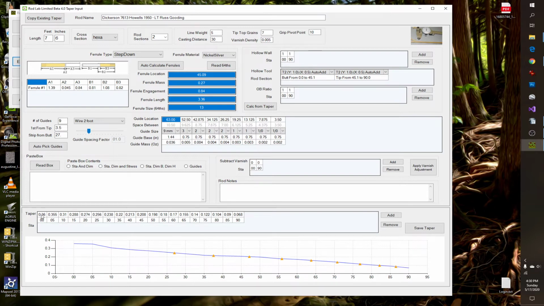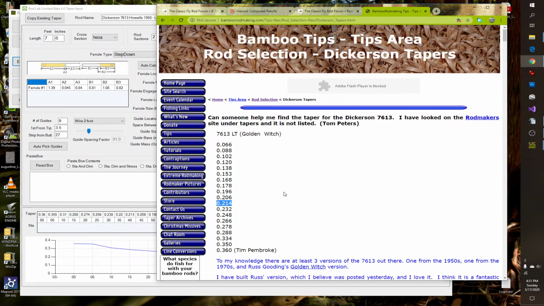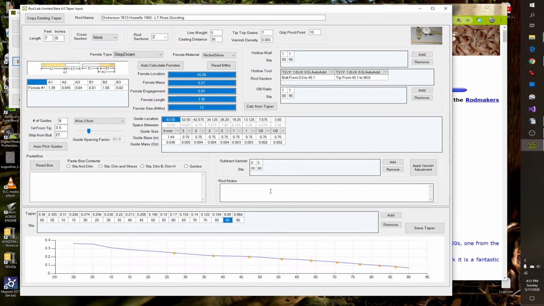And down below here, these are all my taper points that I already had in my Dickerson 7613 taper. And from what I know of Russ Gooding's taper, he took about 0.02 off the tip section. So let's go out to the classic bamboo rod making forum, and this is Russ's taper right here. And what you'll notice is I've actually highlighted this section, so anything above this section toward the tip is going to be 0.02 off. So the way I'm going to do that is I'm going to come in here and